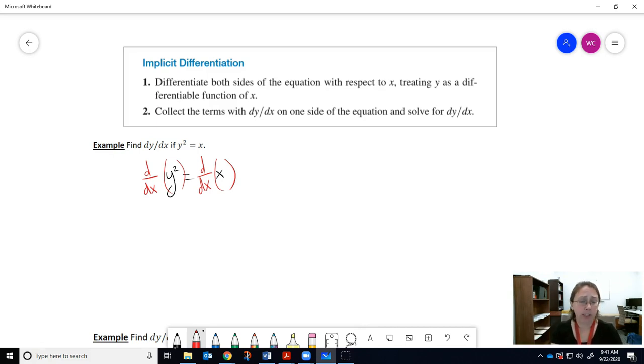Well, to start off, just use your traditional derivative rules. What's the derivative of y squared? What rule would you use? You should be thinking, well, this is a power rule. So the power rule says we bring the 2 down, and then we have y to the first power. You don't have to write the 1 if you don't want to. Now, you're not done. Normally, we would be done, but we are dealing with the variable y, and we're taking